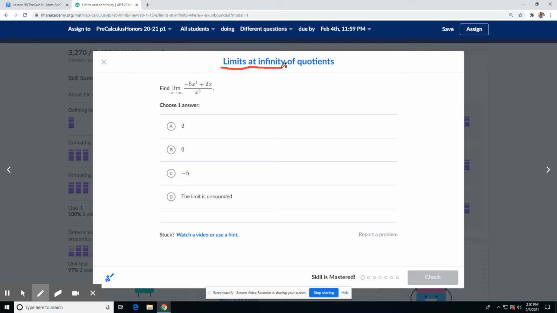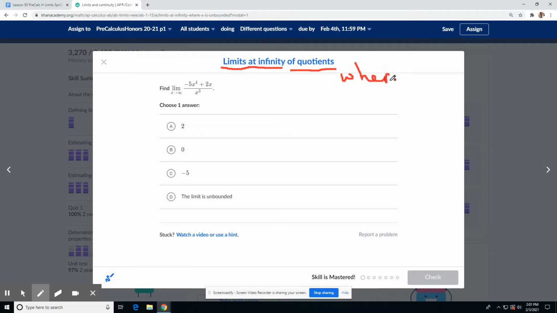Limits going to infinity of quotients, meaning these are fractions. So now we're starting to dive deeper into what happens as we get infinitely large in one direction or another, and for a dynamic of fractions. All right. So the key here is